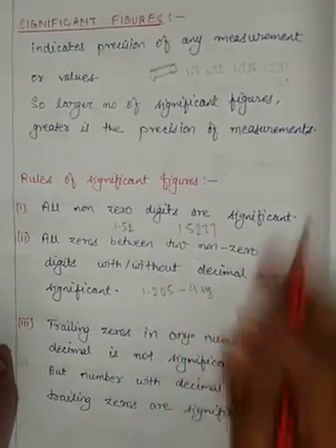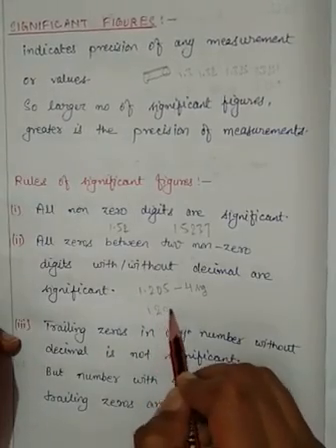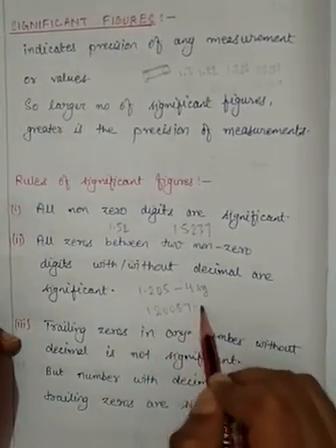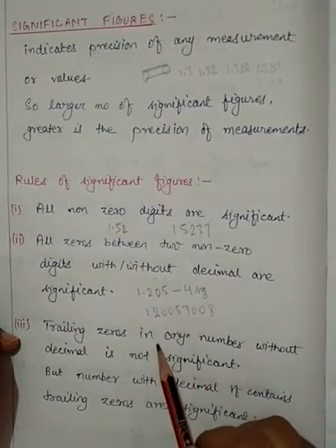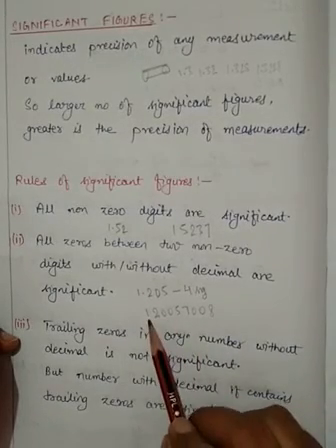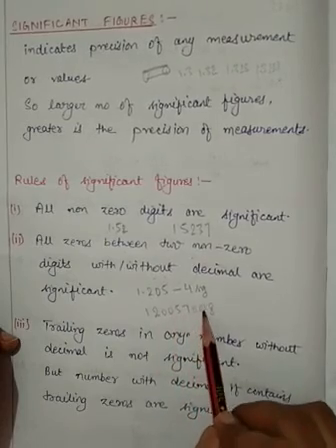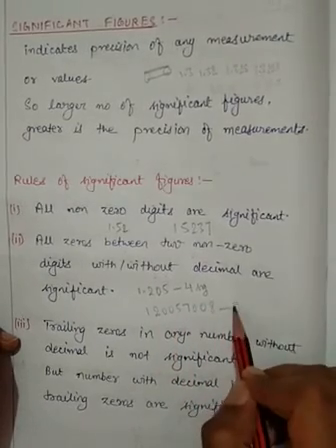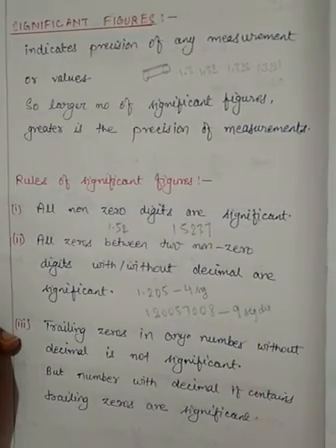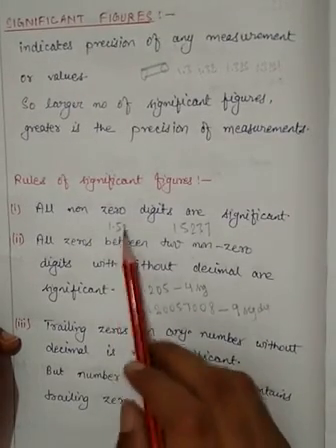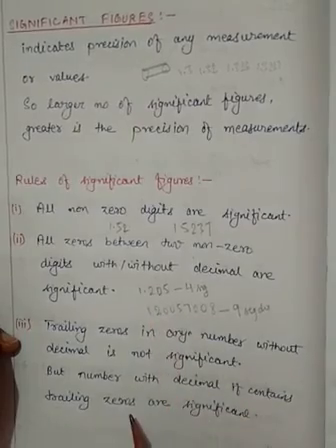Understand? Similarly, if I am writing 120057008, as the zeros are between non-zero numbers and there is no decimal, then also 1, 2, 3, 4, 5, 6, 7, 8, 9. So this contains 9 significant digits. So up till now we have seen 3 types of examples: the numbers without 0, with or without decimal, and the numbers with zeros, with or without decimal.